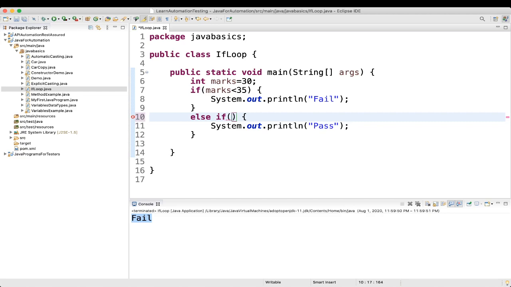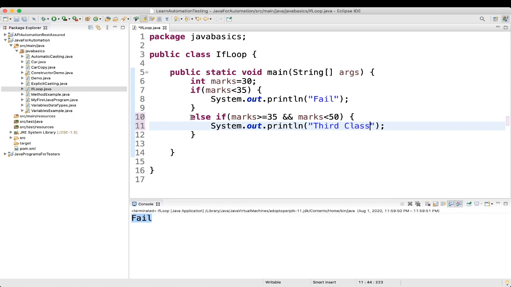If marks is greater than or equal to 35 and marks is less than 50, then maybe we can print something as third class.